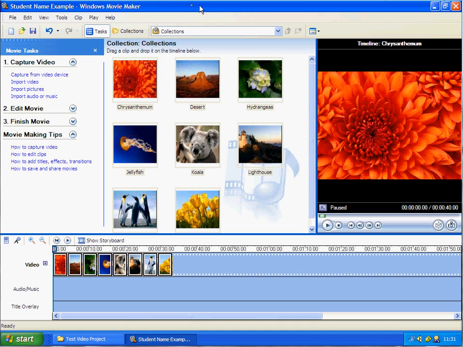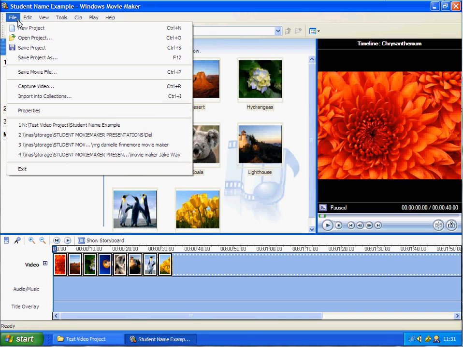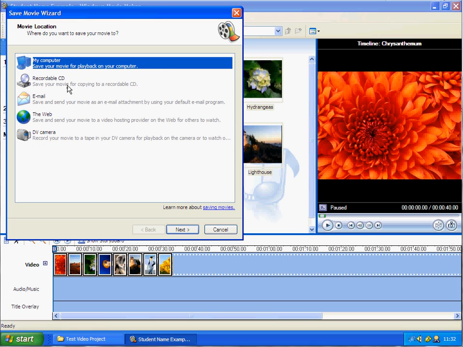So to save this all as a video file that can be played anywhere on a Windows computer, we go to File and Save Movie File. It's important to pick that one, and then it asks you where you want to save it. So for example, let's say we were going to save it in our My Documents folder, or maybe a memory stick. We would still select My Computer,